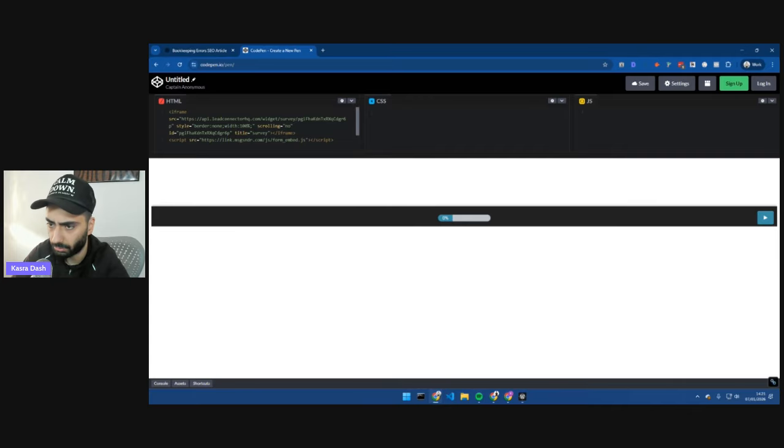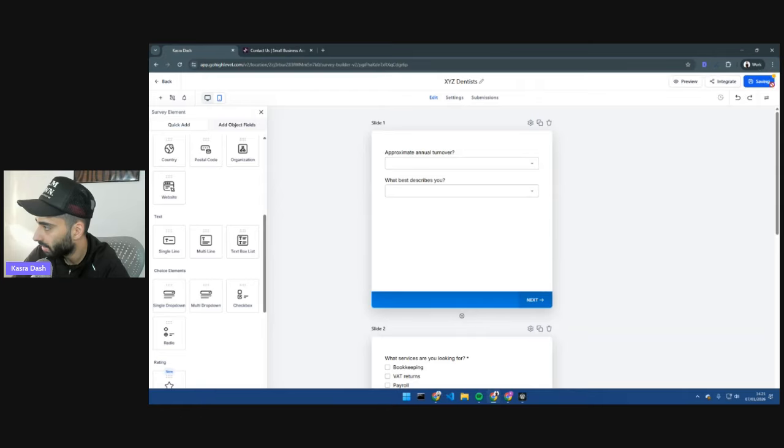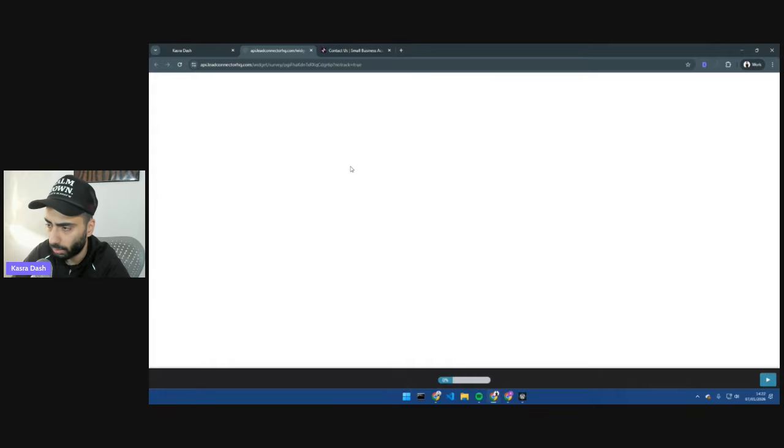As you can see, we've got the actual load bar, but the contact form, for whatever reason, does not work. So I'll show you guys what it will look like, and